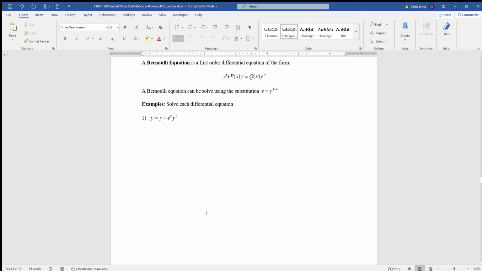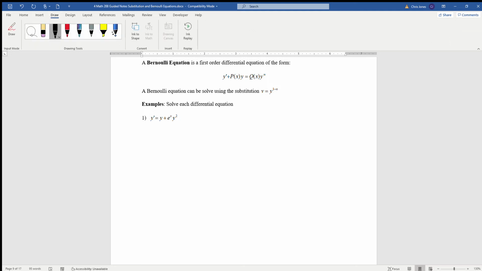The next type of first order differential equation that we're going to look at is something called a Bernoulli equation. A Bernoulli equation is very similar to a linear equation in form, except for one difference. You may remember that a linear differential equation